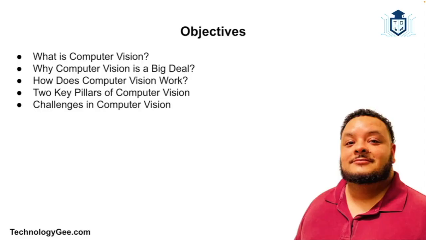Now, it sounds wild, but we're already living in a world where computers recognize faces, detect diseases in x-rays, and help self-driving cars figure out when to stop at a red light. So in today's video, I'm going to break down what computer vision is, how it works, and explore two foundational concepts in the field, and that is image classification and object detection. So whether you're brand new to this or you just want to finally make sense of these buzzwords, well, you're in the right place. So let's get to it.